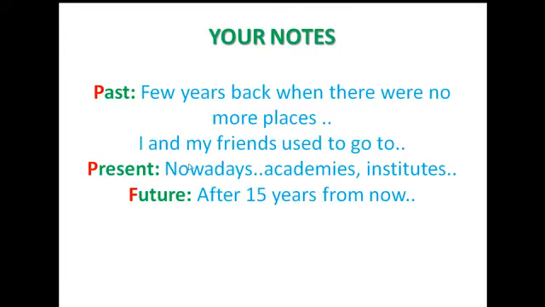Now, I would start my topic saying that, okay, a place where I could go to learn. Okay. Few years back, when there were no more places where one can just go and learn something, I and my friends used to go to our school only, as schools were the only buildings and the places where people could learn a lot of things. Okay. Now I'm just coming to the present story. You can even explain it for two more sentences. Okay. But then again, I'm moving to the present tense now.